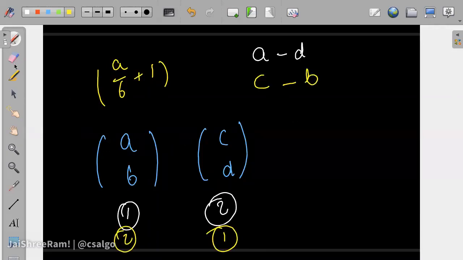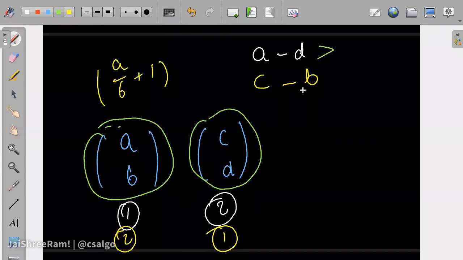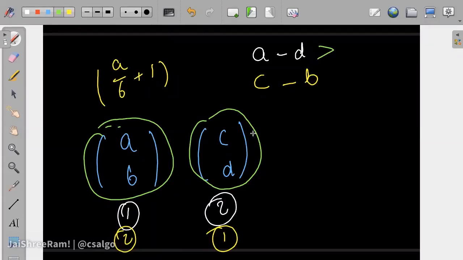Now, suppose it's better to take this one first than this one. In that case, this has to be greater than this one, right? Then only it's better, that's what we are proving. If you take this one first, then this has to be greater than this one.